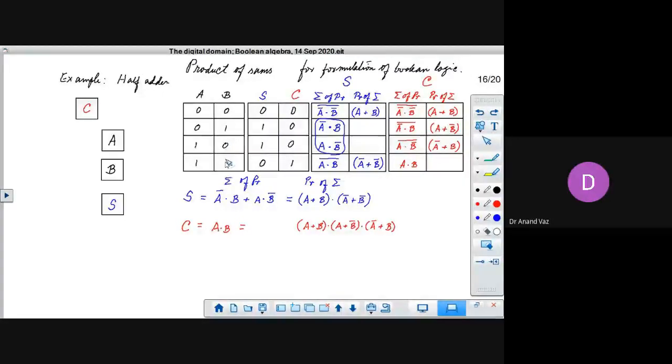For all the other combinations, you may or may not get it. So at the same time, you have to find out the other combinations also where you will get a 0.